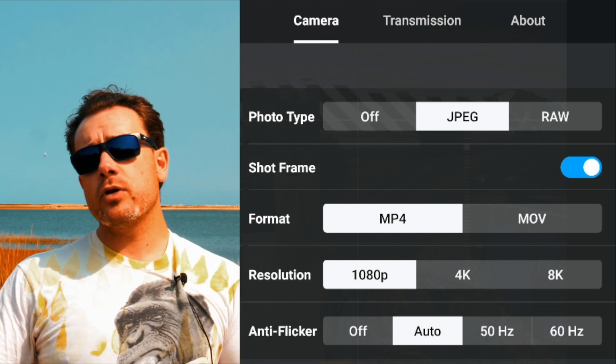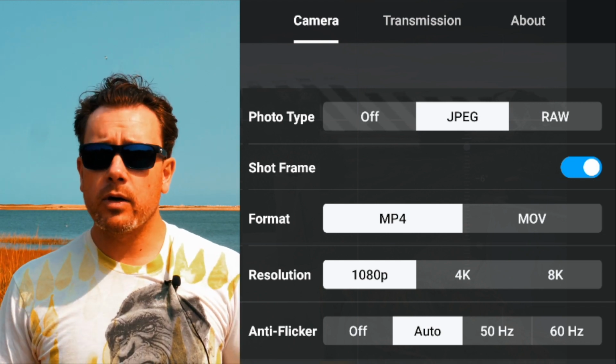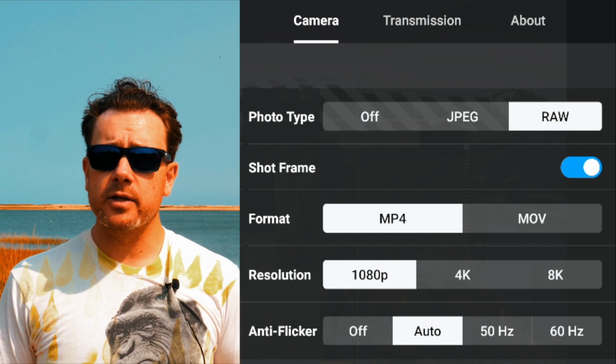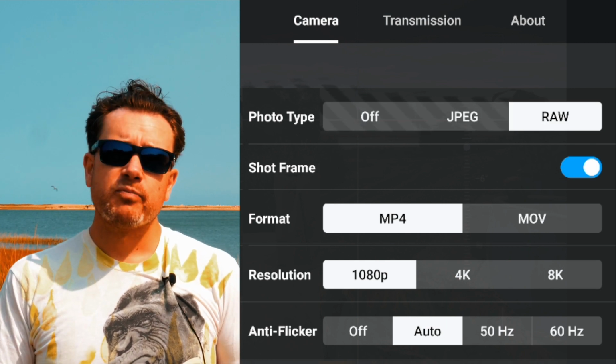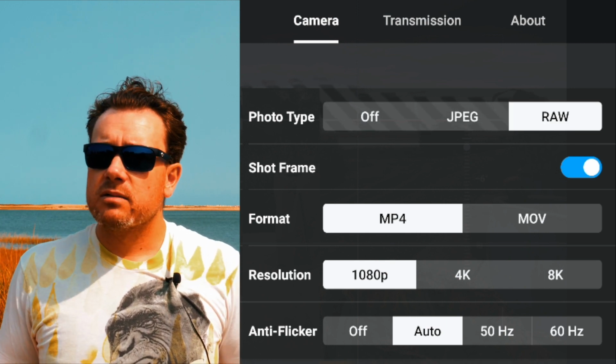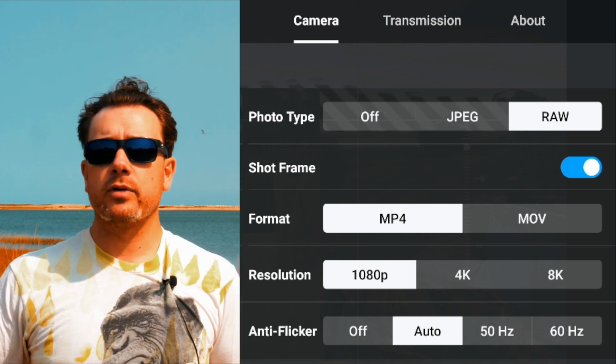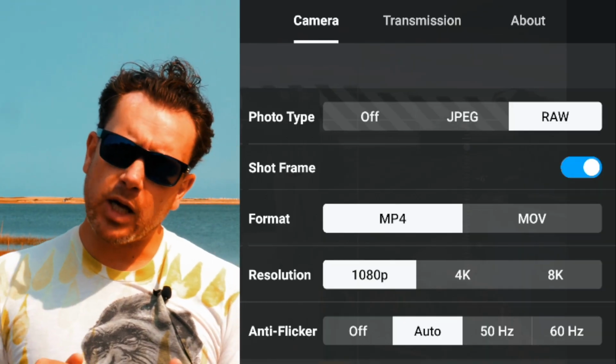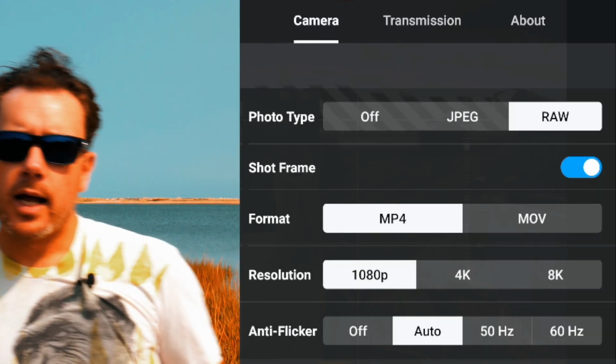If you know what you're doing, use RAW. RAW captures more detail in the image, so stick to that. I wouldn't turn it off, because why would you turn it off? It's nice to get the photos and get the ability to edit the photos, batch process them, and make your own time lapse. But you can see here down below, there's also the video option,